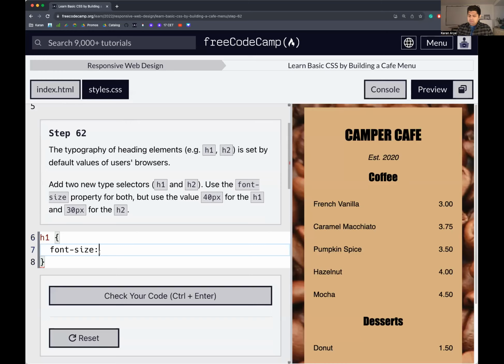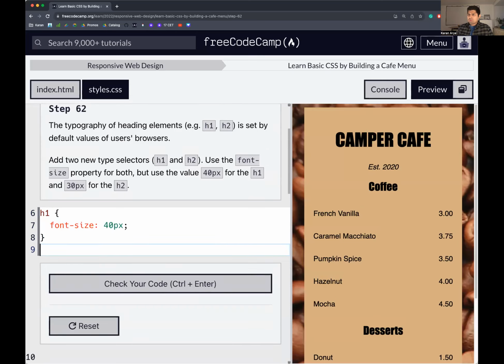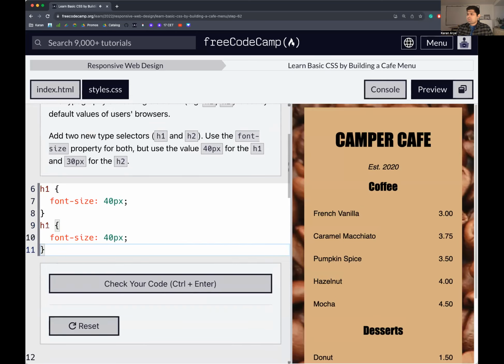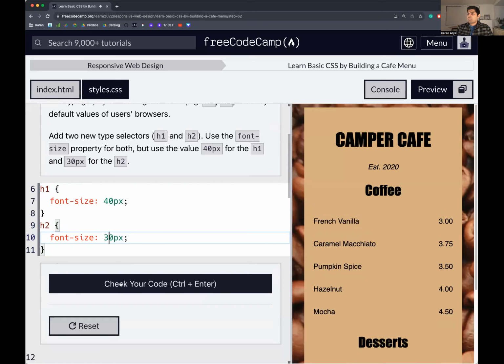Okay, so the size is, I'm increasing the size. Yeah. And for H2, don't want it as big, so 30 pixels. Okay,